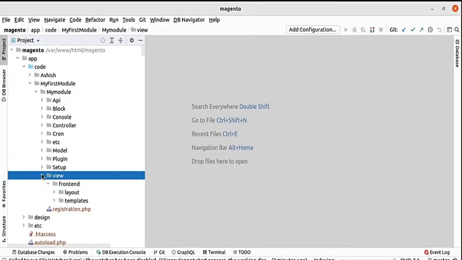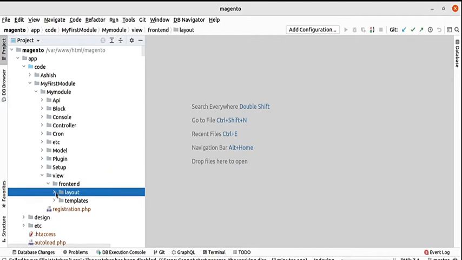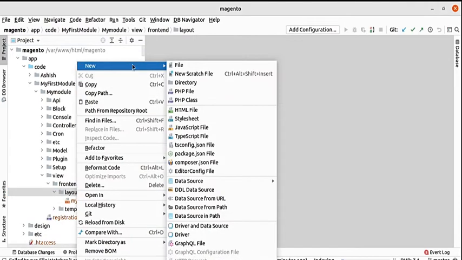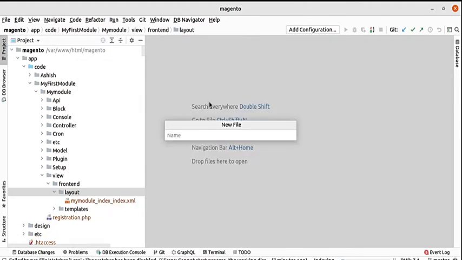To customize the checkout page, we need to create a layout file inside our module's view frontend layout directory. So create a checkout_index_index.xml file in the layout folder.